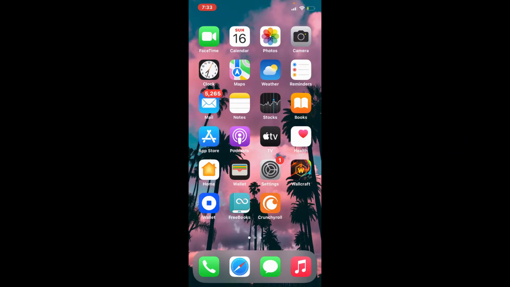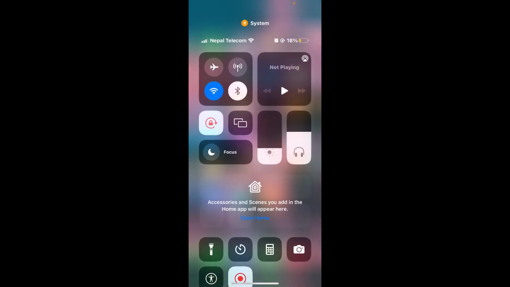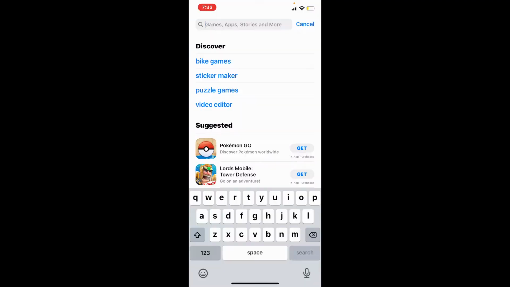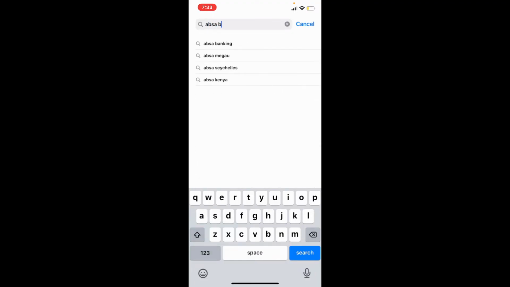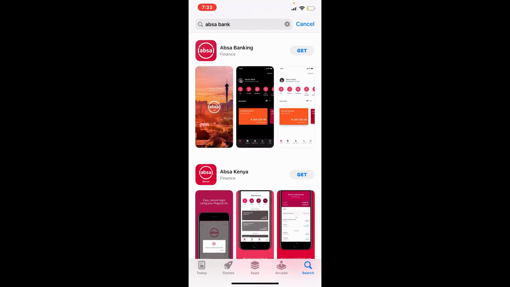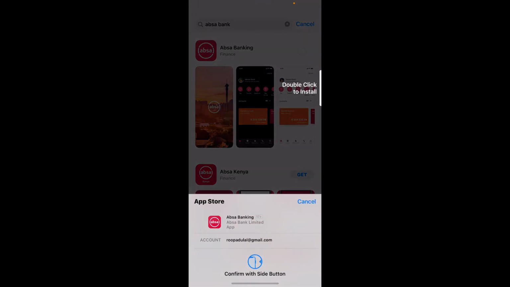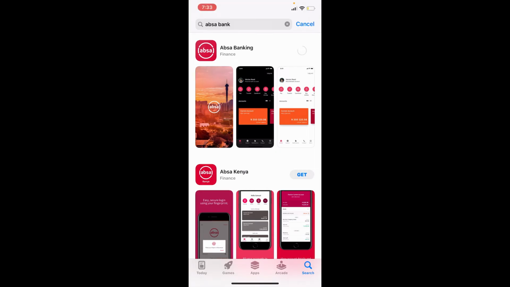In order to download the ABSA Bank application on your iPhone, first, check if you are connected to a strong internet or not. Try connecting to a Wi-Fi or cellular data, and once you are, tap Open your App Store. In the search box that pops up at the top, search for ABSA Bank and make your search. You'll be able to find the application displayed in the search result. Simply tap on the Get button right next to the application in order to begin the downloading process. Confirm your identity with your Face ID or simply enter your credentials for your Apple ID and your download will